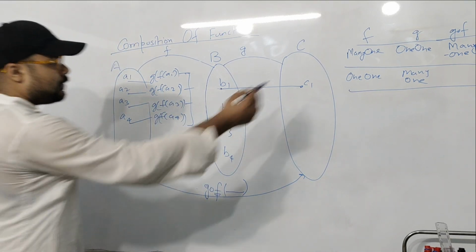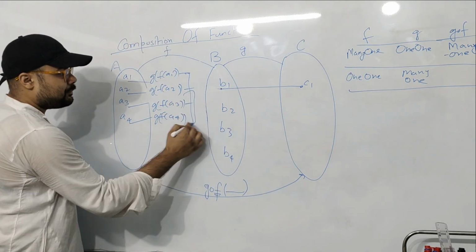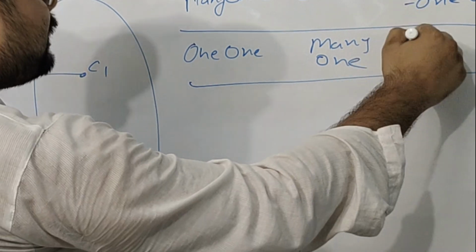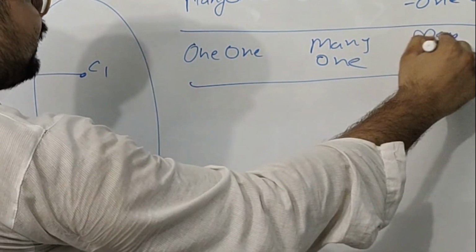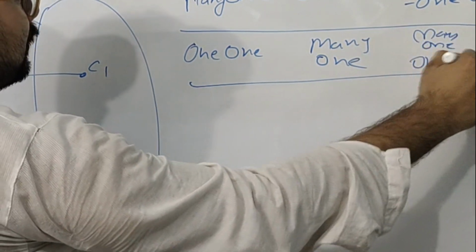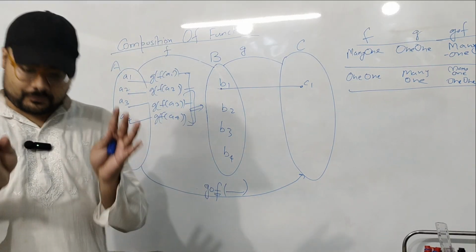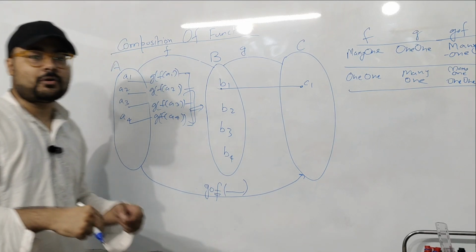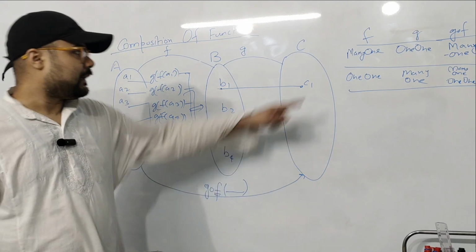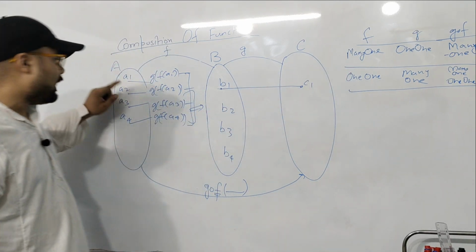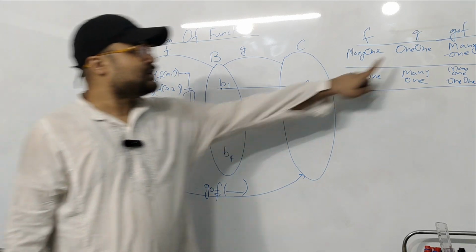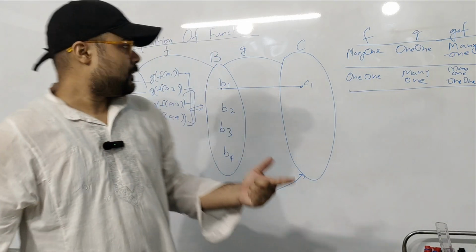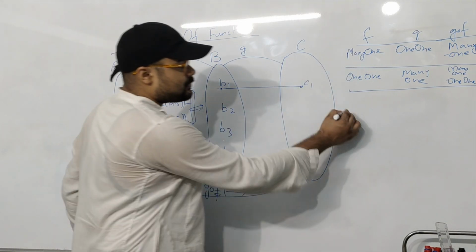Or it might also happen, because g is many-one, that some of them are going to the same element, then it is many-one. So g∘f may be many-one or one-one. It depends on the given function, meaning we cannot say for sure what is going to happen. Like in this case, f was many-one. If f was many-one and g was one-one, then g∘f has to be many-one, because for all those elements of